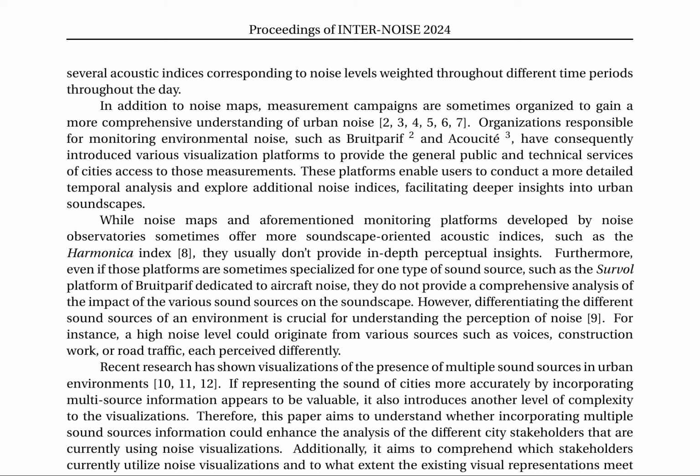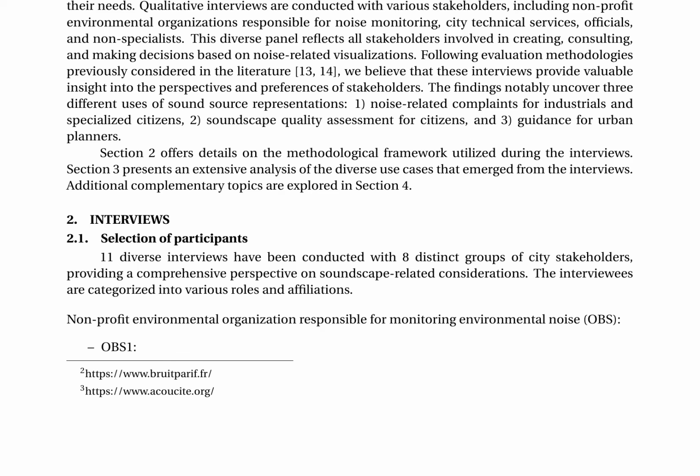It also seeks to understand which stakeholders utilize noise visualizations and to what extent the existing visual representations meet their needs. To achieve this, qualitative interviews were conducted with a diverse panel of stakeholders, including nonprofit environmental organizations, city technical services, officials, and non-specialists. The interviews, which are detailed in Section 2, provide valuable insights into the perspectives and practices